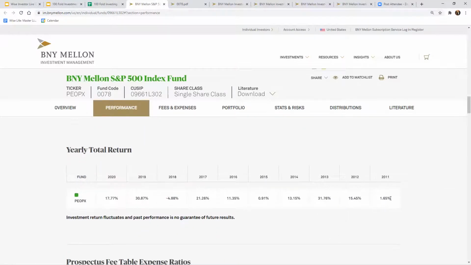So 2011 was not the greatest year. It's 1.65, but yeah, 15.31, 15.91, 11.35, 21.26, negative 4.88, 30.87, 17.77, and it's currently killing it because it's at 55% growth in 2021.